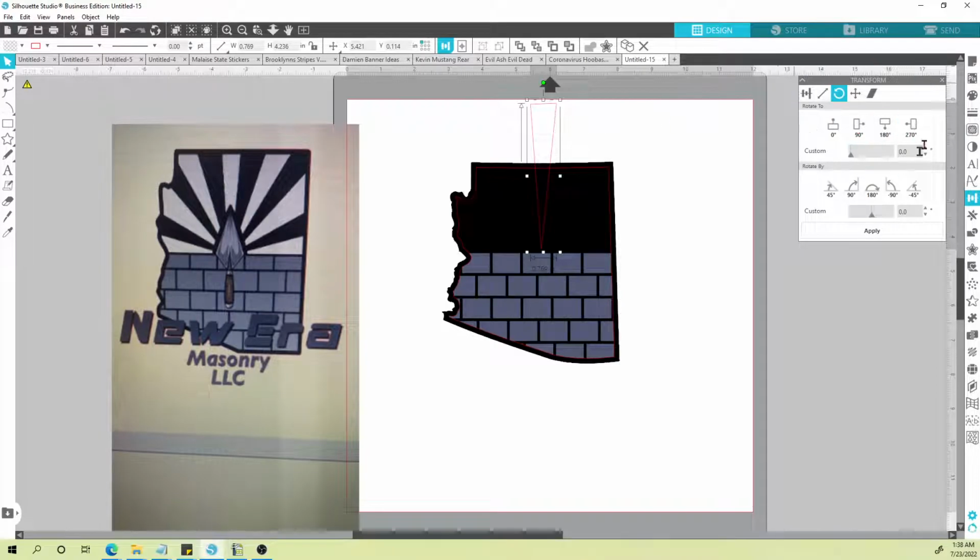But if this is an option or you have an upgraded version, this rotate tab here that we have not talked about in previous videos is very handy for certain things. You've got preset ones in 45-degree increments in both directions, positive and negative. So you can go to the left or to the right. Or you can see there's a custom option here with a little drag option. Or you can see the numbers on the right here are adjusting. You can either tap up and down with the arrows, or you can pick a degree like 30 and have